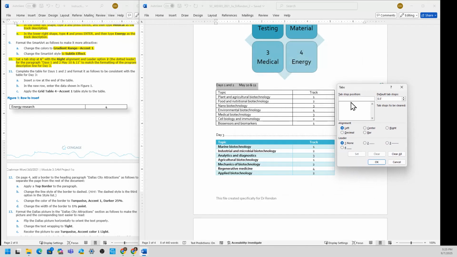Now the tab, I need to make it 6 inches. Okay, and then the alignment is right. Then the leader option is 2. Set.